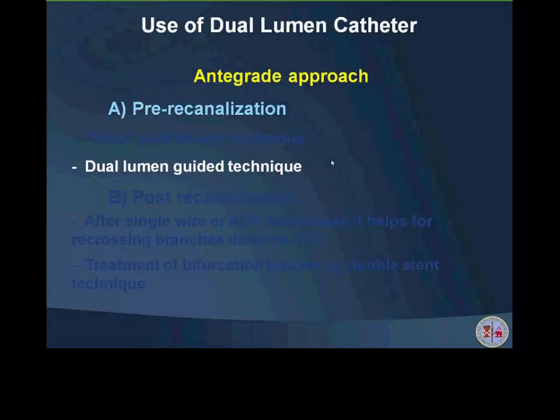It's a very important question. Probably I would use this dual lumen catheter and parallel wire technique when I really think that using Gaia, I'm very close to the inner part of the true lumen, and I might keep a better stabilization of the first wire through the movements of the wire. Of course, this is an alternative to the standard double microcatheter old strategy, and it is mainly used when we really want to save materials,